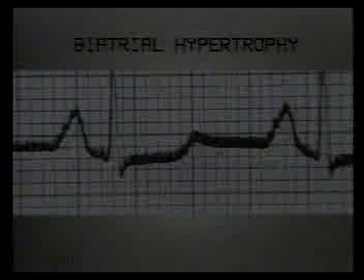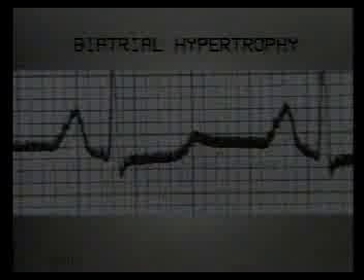So we have to measure the amplitudes of S wave in leads V1 or V2, whichever is larger, and amplitude of R wave in V5 or V6, whichever is larger, to diagnose left ventricular hypertrophy. If any of these is more than 25 millimeters, SV1 or RV6, or if their addition is more than 35 millimeters, then a diagnosis of left ventricular hypertrophy is made.